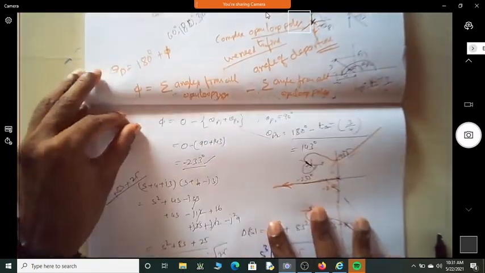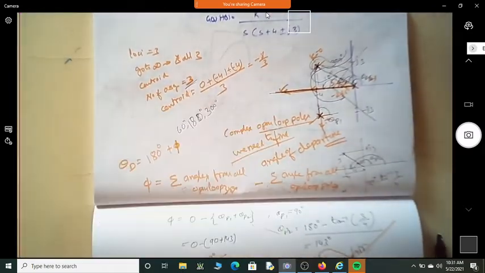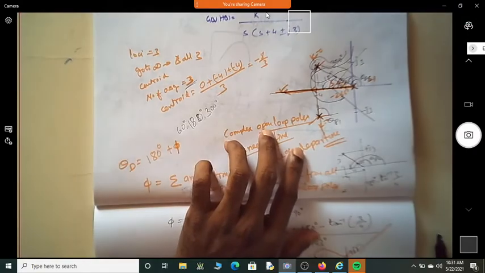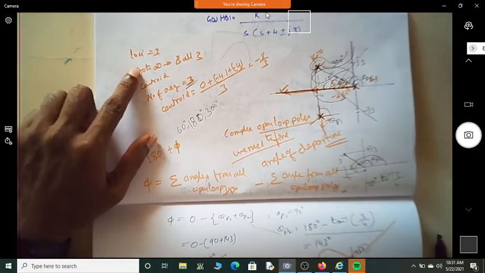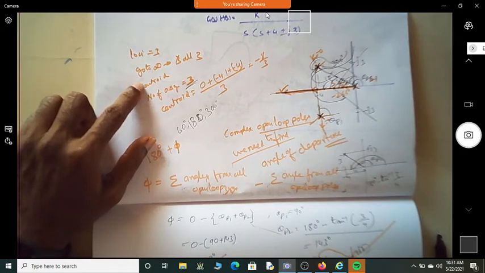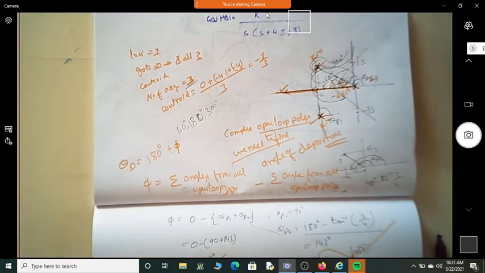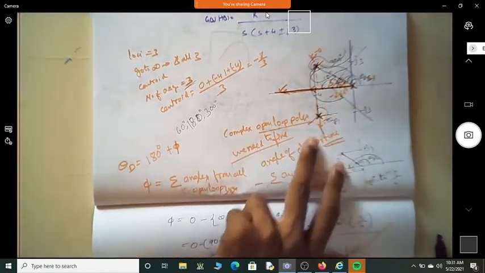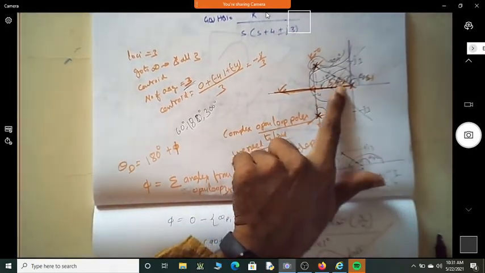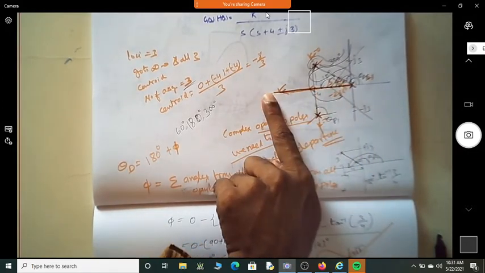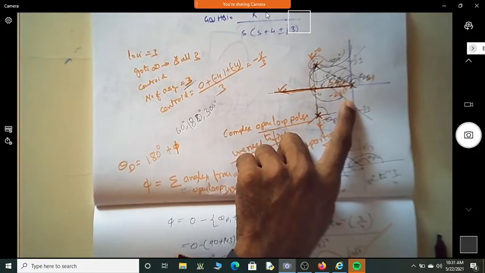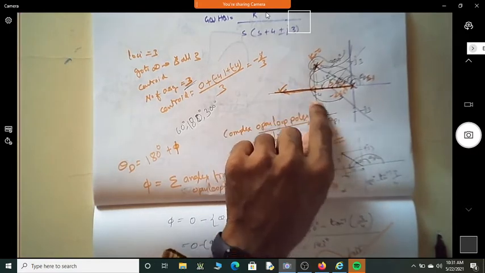Okay, let me just repeat the thing. We started with a transfer function which has complex open loop poles. Once you have complex open loop poles, we first have to identify the number of loci, how many will go to infinity. In this particular problem, all three loci go to infinity, so we need to find the centroid. There are 3 asymptotes. The centroid is coming out to be minus 2.66. One of them lies at 180 degree, and this is a part of the root locus. Then it goes along with that asymptote, and there are 2 asymptotes at 60 and 300 degree. And we have 2 complex poles.